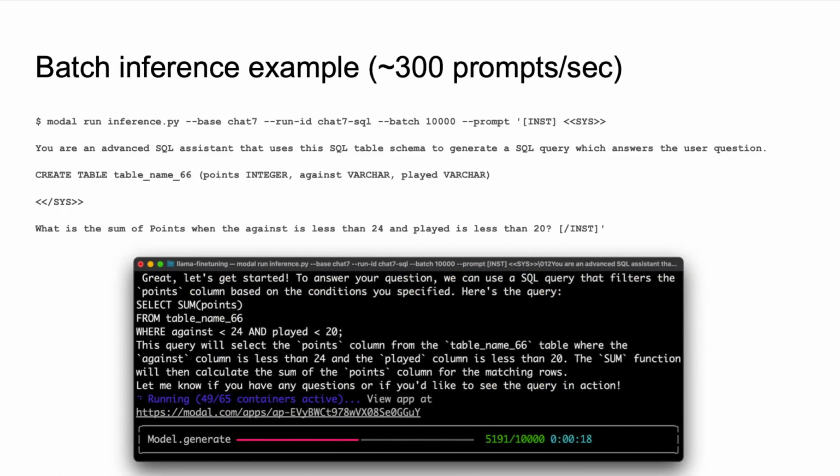What else? The cool thing about Modal is we handle cases of what I think of as embarrassingly parallel work, so you can fan out and do a lot of stuff in parallel. Here's an example where I fine-tuned a model on SQL, fed it 10,000 prompts, and had it batch parallelize this. I don't know if you can see it in the screenshot, it's extremely hard to see here, but it's immediately spinning up about 60 containers, running A100s, multiple A100s each, because Modal runs a big pool with thousands of GPUs. It parallelizes over these 10,000 prompts in about 30 seconds. So you can do batch parallelism, high-throughput stuff.